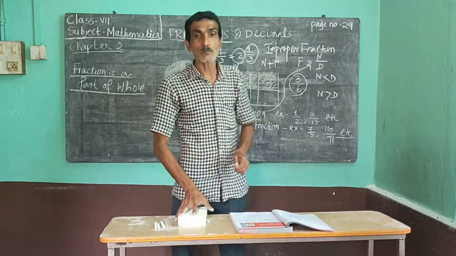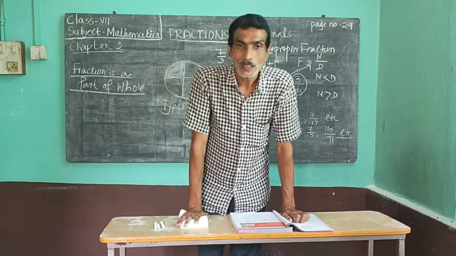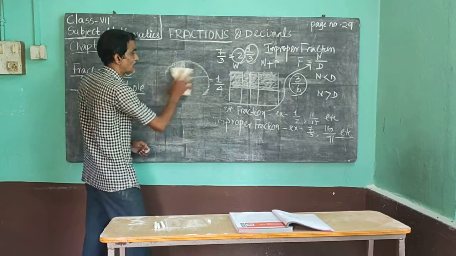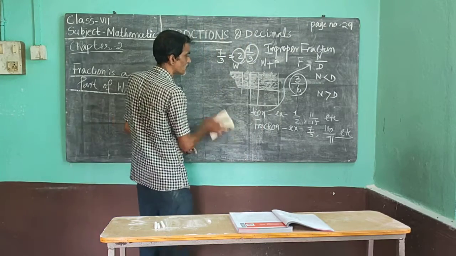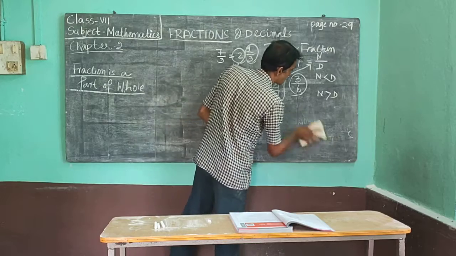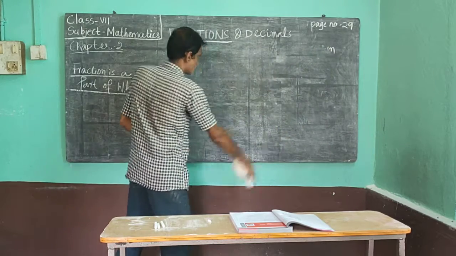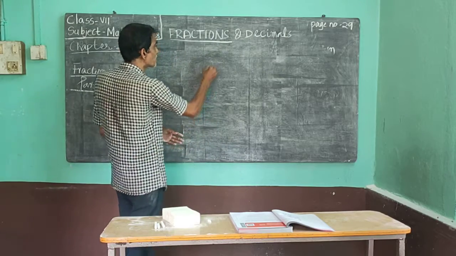So in this chapter, what will we read? We will read the mathematical operations of fractions. That means addition, subtraction, multiplication and division of fractions. I will explain one by one. Regarding addition of fractions,